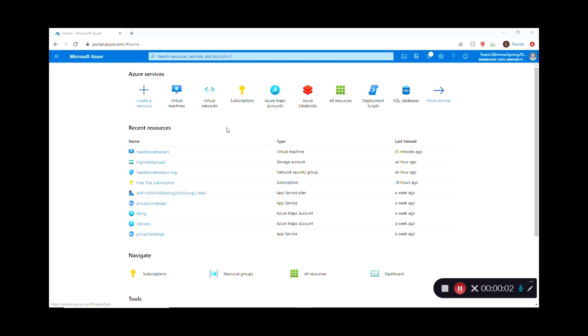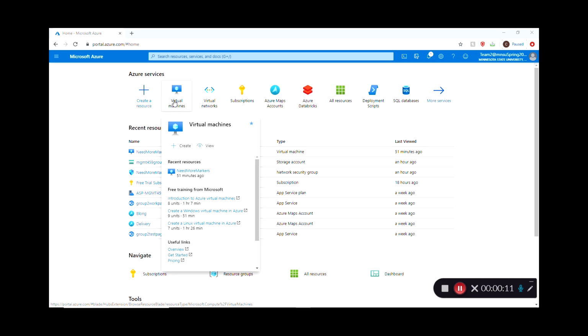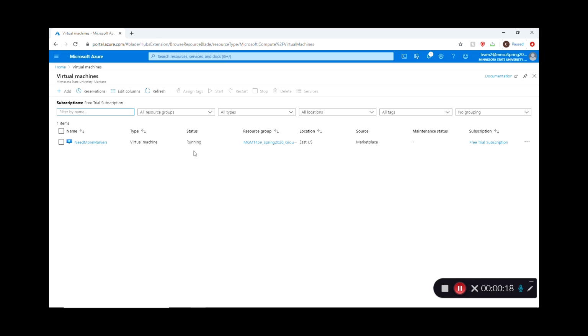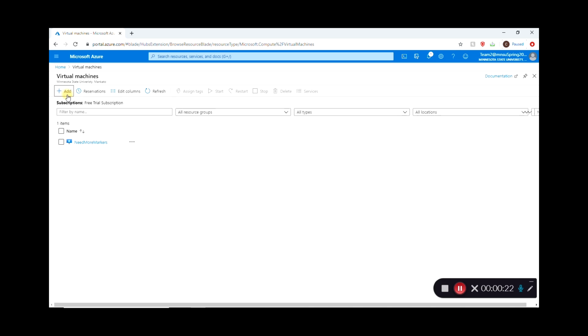Hi, I'm Cameron, and today we are going to show you how to set up a virtual machine on Microsoft Azure. So to set up a virtual machine, you just have to go on the dashboard and then find virtual machines. And you click on it, and here's a list of ones we have already, but to create a new one, you just hit Add,